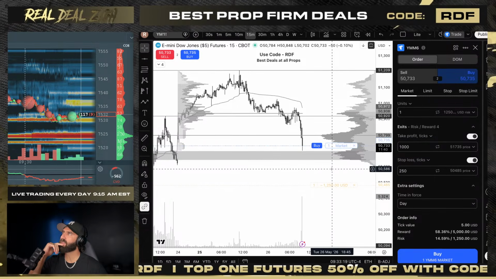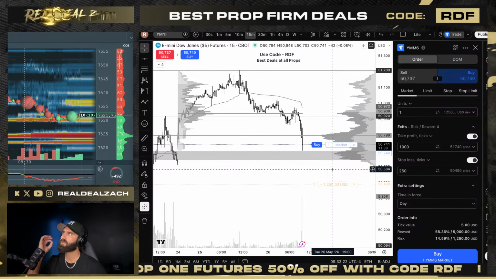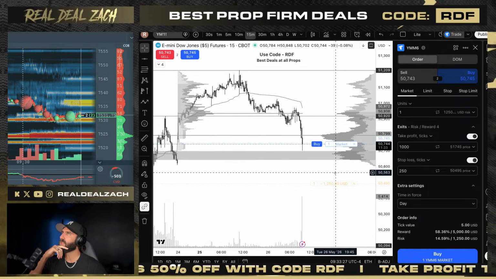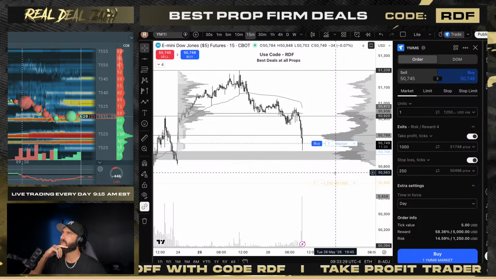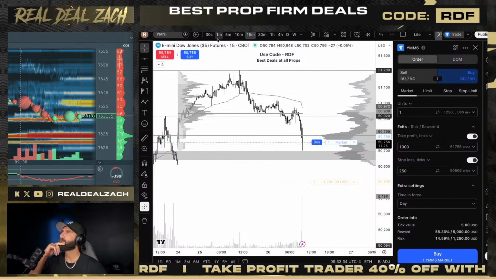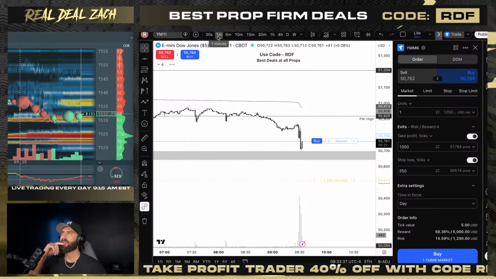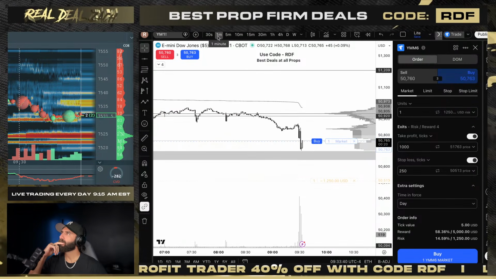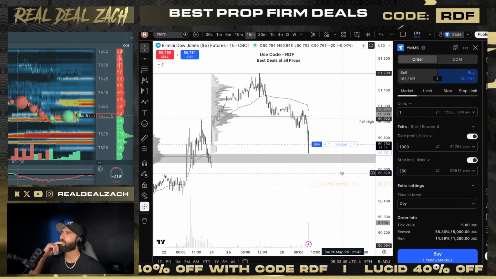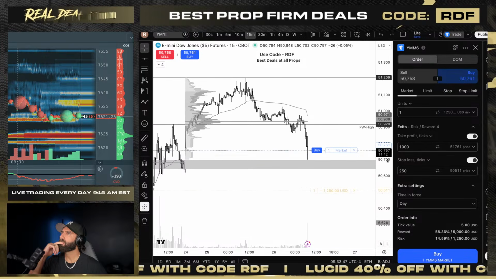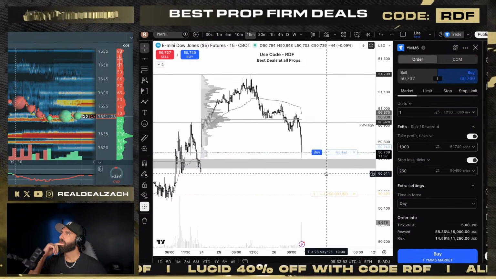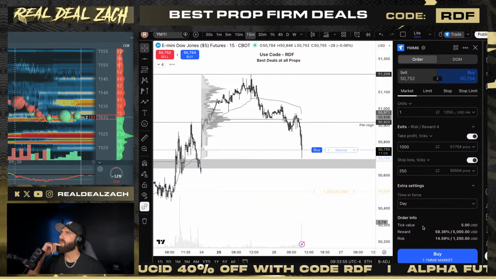Really nice aggressive sell-off with no pullback. This is exactly what I like to see for the long. Can it give it to me? We've had a lot of these. I've had a lot of these sessions right off the open where we get really close and I just don't snag it. Finding buyers here. Waiting for that long.